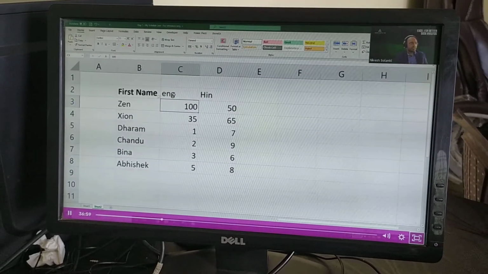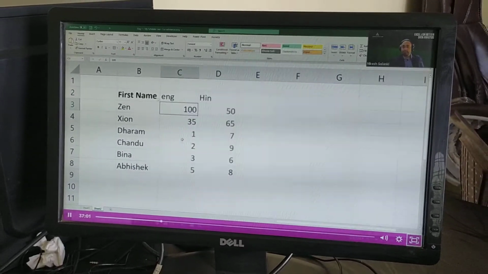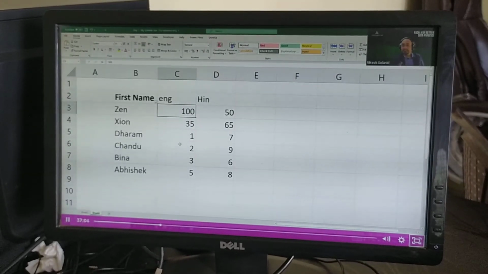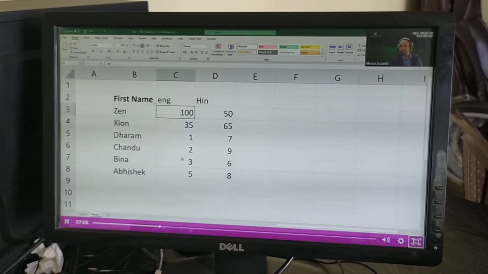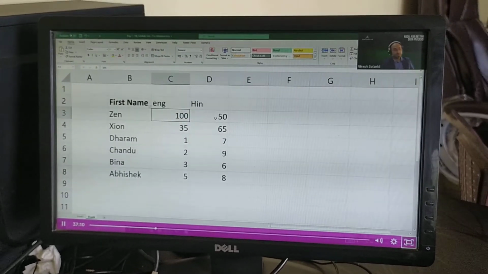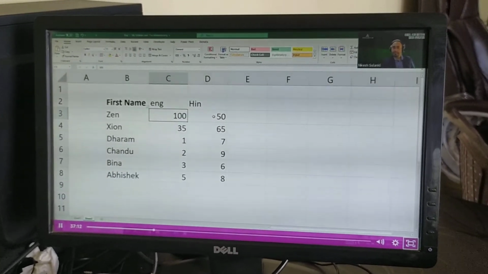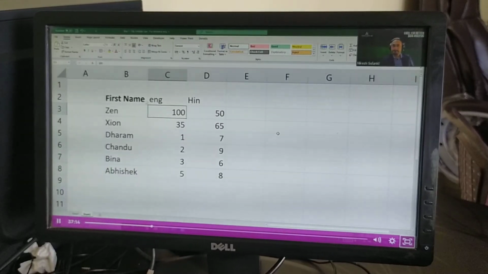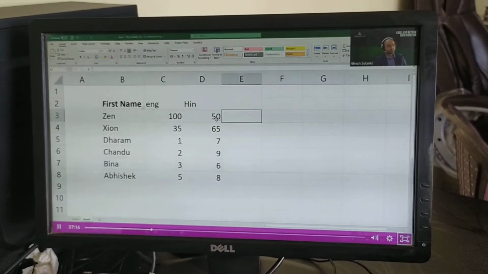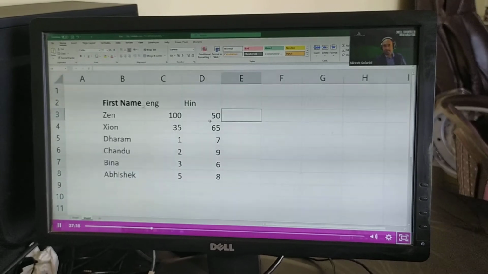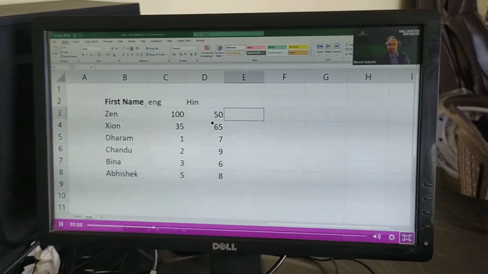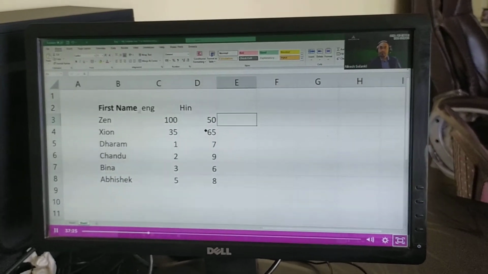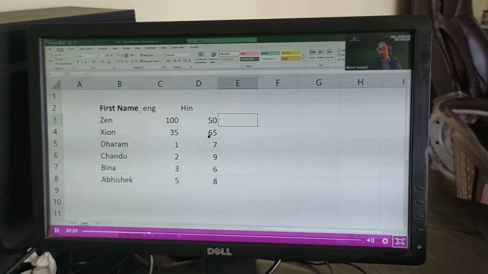So the question was कि आपको हिंदी में चेक करना है कि क्लास में. My question to you is this: do you want to check only in Hindi who's the topper? For us, it was given that we have to check the highest marks and the lowest marks in each subject. In each subject, right? Yeah. So the highest and the lowest can be done by MIN and MAX also, right?